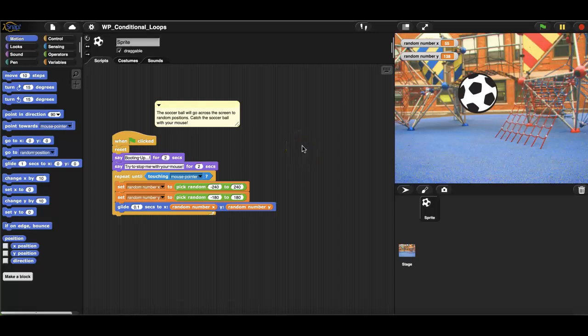This is my code for the conditional loops. The program is supposed to play a mini game, and it's supposed to have this sprite move to a different, random place, and then the user has to catch it with a mouse